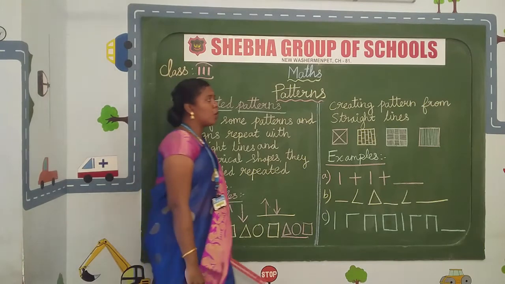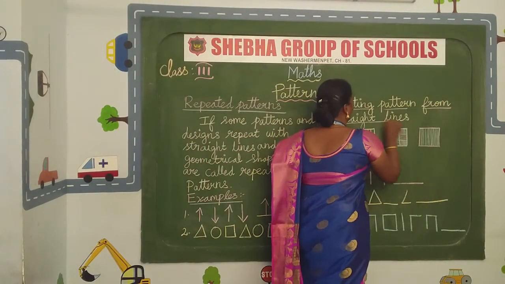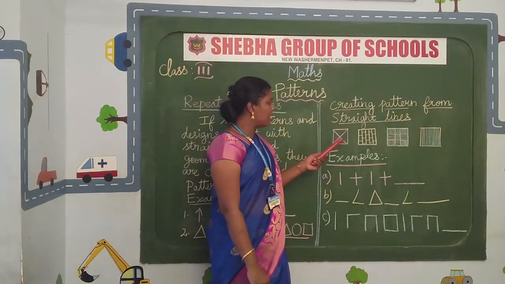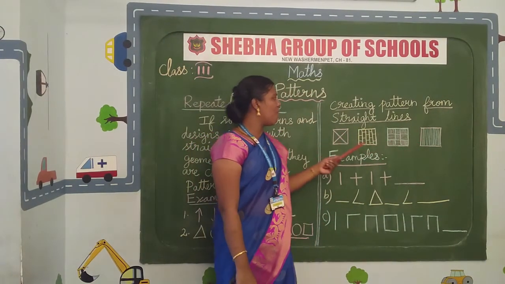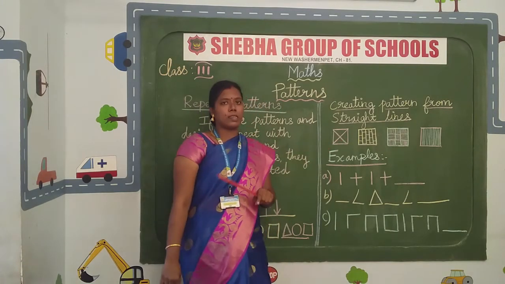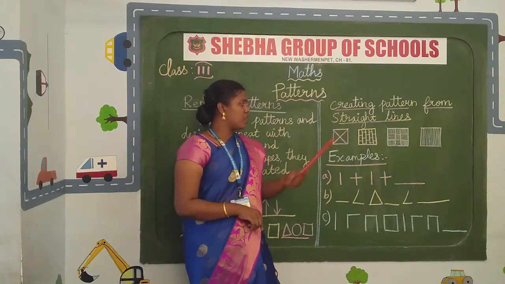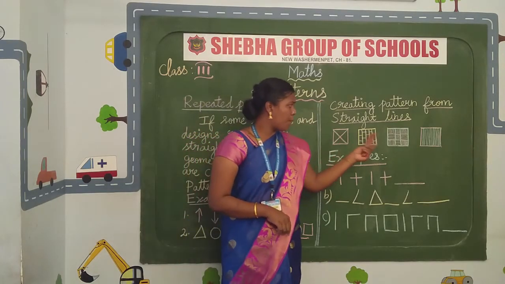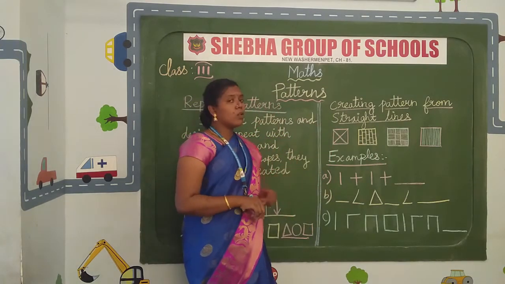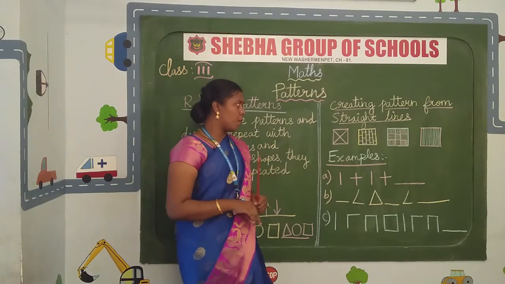Let's see about creating patterns from straight lines. You can draw patterns by using straight lines. You see these models, these are the models of straight lines. In your home you can see marbles, granite, mosaic tiles. You can see this type of design in the tiles. Then you can see it in the sarees and blocks you wear, all straight line models.